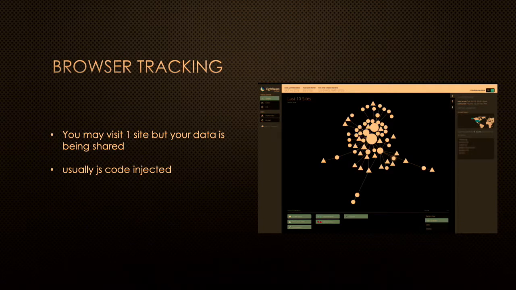The main idea of this talk was to give some overview of browser tracking, since browsers are basically our home when we are online. Everything starts and goes through browsers. As you probably know, once you visit some site, you're obviously not just contacting that site. Your data is being shared between multiple sites. Here's an example of the Lightbeam project by Mozilla, which is basically an add-on that collects data and presents it to the user.